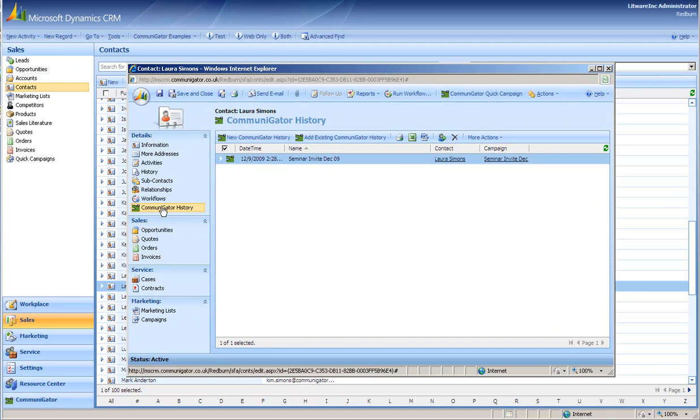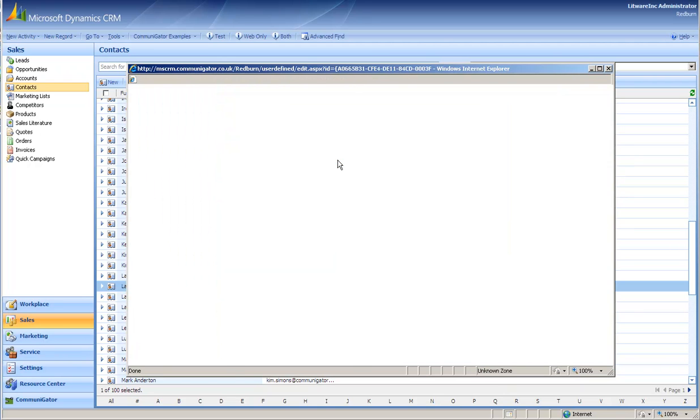I click now on the CommuniGator history, and this gives me a summary of all of the CommuniGator email campaigns that this contact has been sent. So in this case, just the seminar invite for December 09. If I were to now go a level deeper and open up the campaign for the December seminar invite,